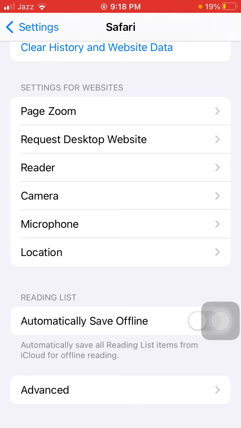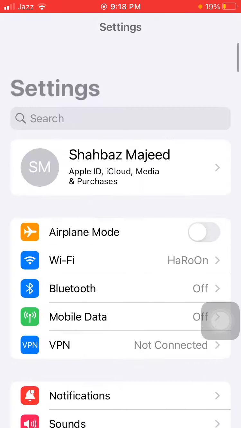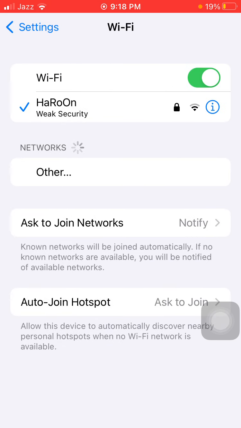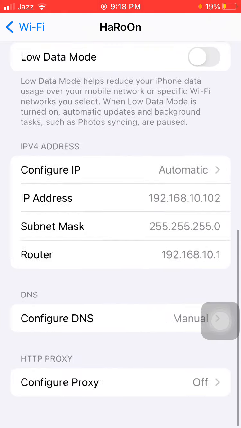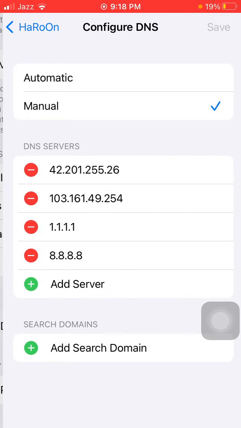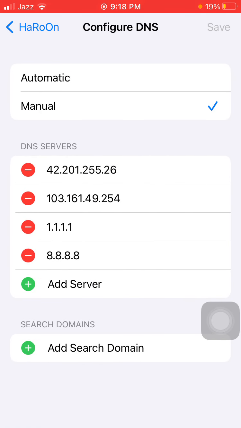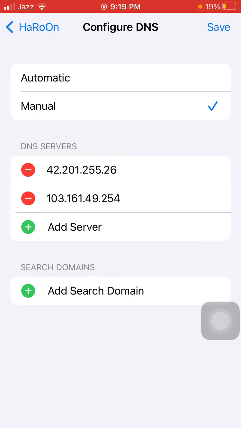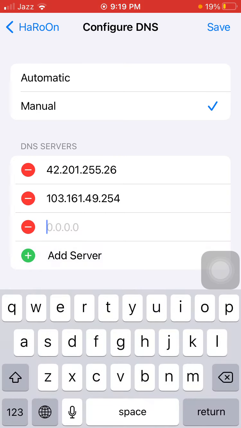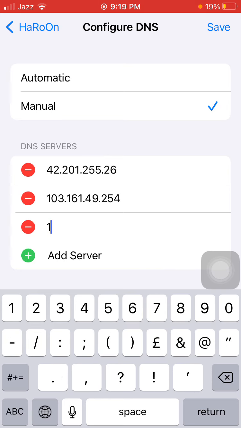Now we are doing some settings for Wi-Fi. Go back to Settings, scroll, tap Wi-Fi. Now tap on the i symbol in front of the connected Wi-Fi, scroll and tap Configure DNS. Here we need to add servers. First we are going to delete these servers. Now tap on Add Server and add